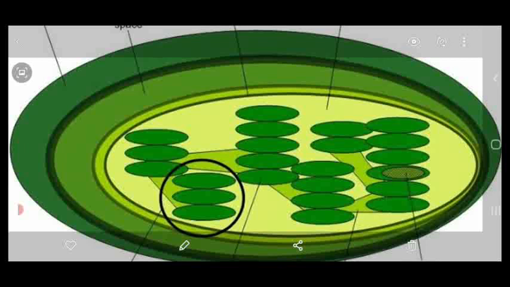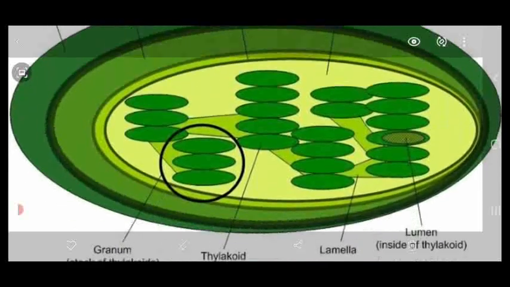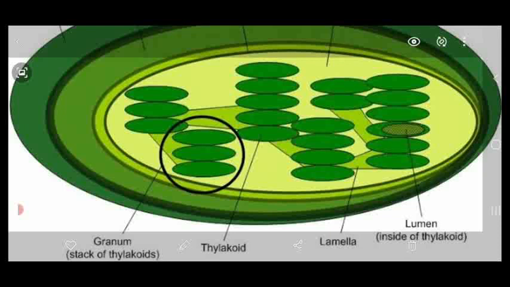Having disc-shaped structures lying one above another, they are called thylakoids. Each individual one is called a thylakoid. A group of thylakoids arranged one above another in the form of a stack of coins is called a granum. Inside the thylakoids,